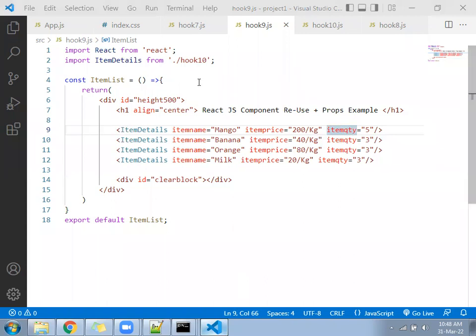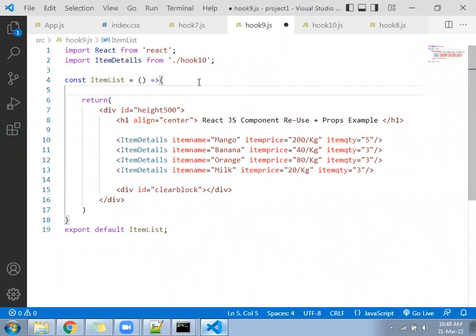Now create one array here of 5 items and share it with me. You can give the array name as item list, or my item, and it should hold a total of 5 items with name, price, quantity. Create an array of 5 item name, price, quantity.